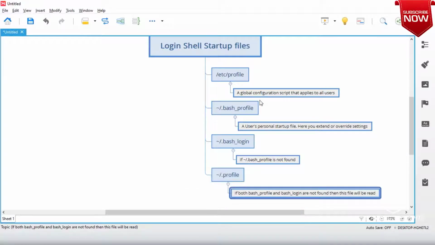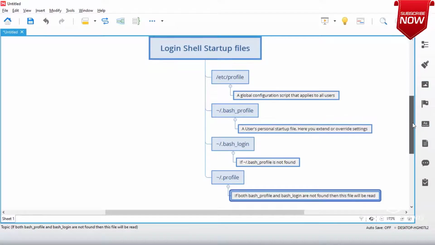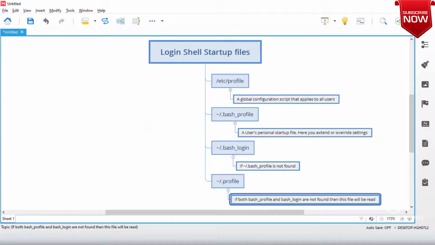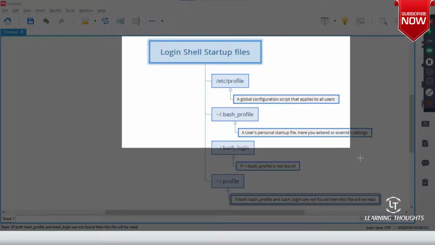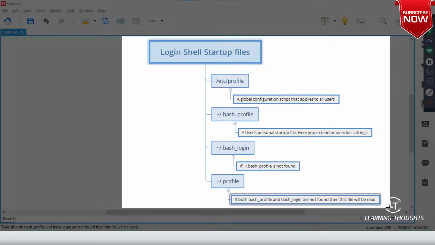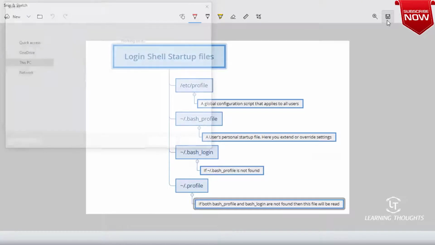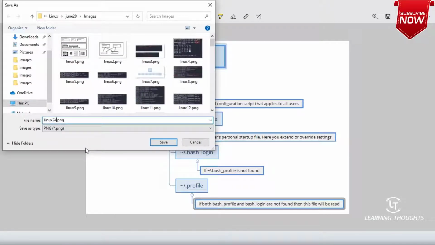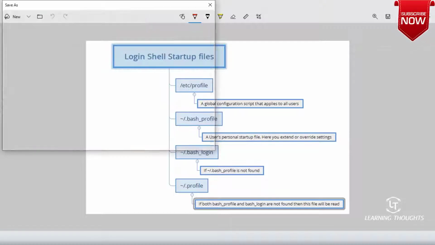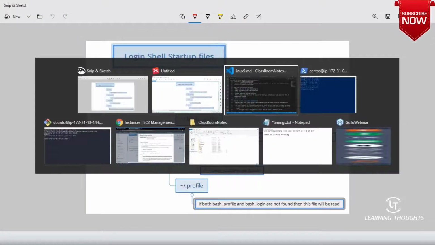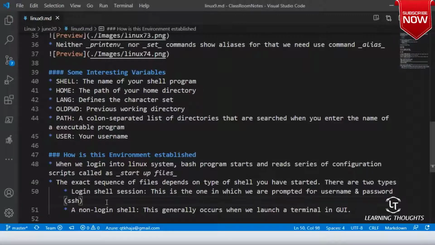So these are the files where your Linux is trying to load environmental variables from. Whenever you log in to your Linux machine, this is basically what happens. If you want to define environmental variables, this is the best place, because whenever you log in, these files come into play. Am I clear on this?